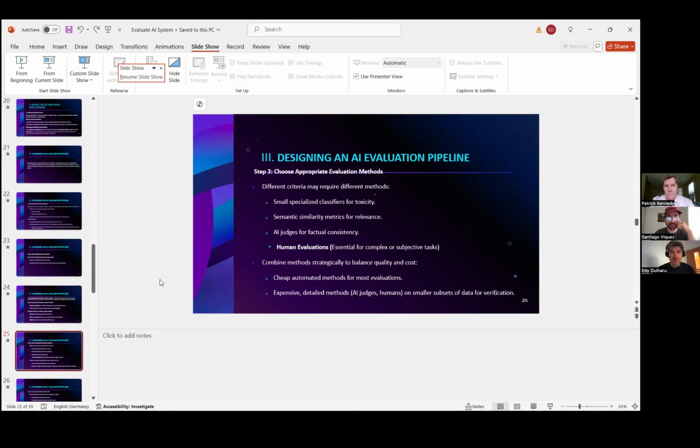Another, third step is to define criteria for different things. For example, to identify toxicity, to measure the semantic similarity, to use an AI judge for consistency, even human evaluation. Again, it's a good evaluation method. And then also, of course, to combine these methods and to balance between the quality and the